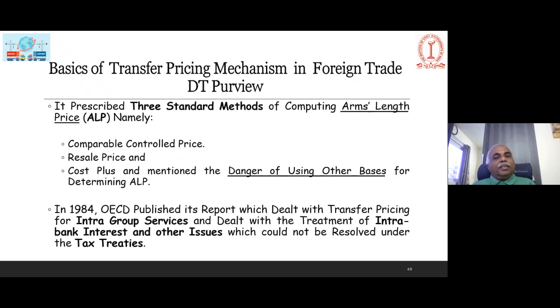The prescribed three standard methods of computing arm's length price, namely comparable controlled price, resale price, and cost plus, are mentioned as the basis of determining the ALP, arm's length price. In 1984, the OECD published one report in this regard. So the intergroup services dealt with the treatment of interbank interest and other issues are also there, that is also